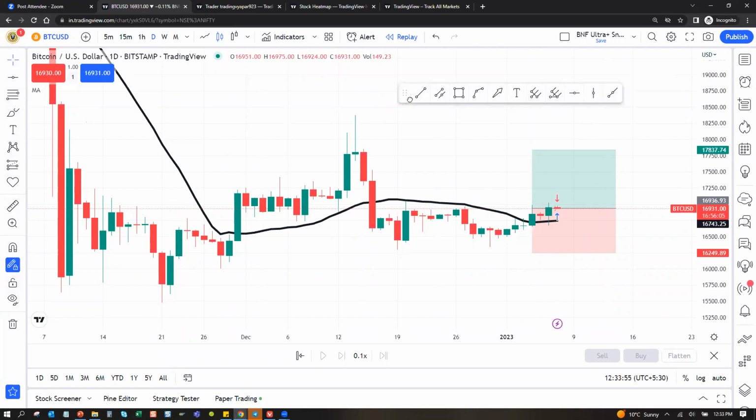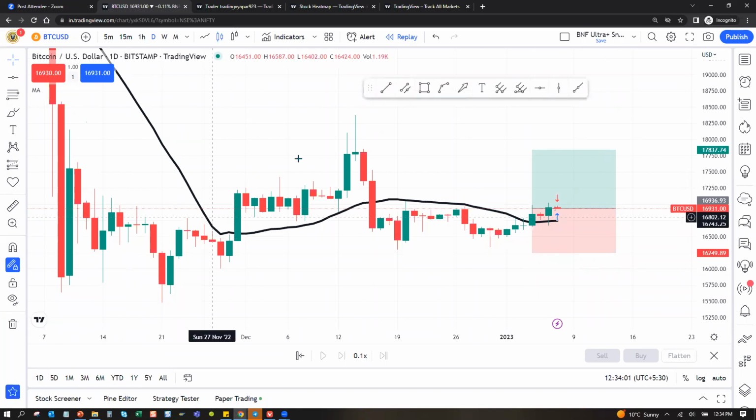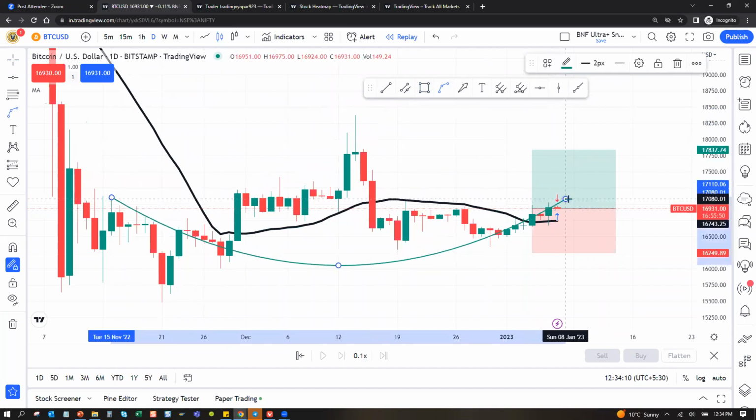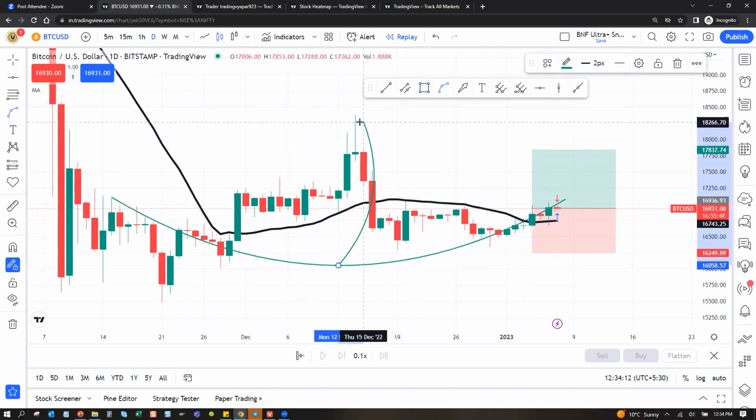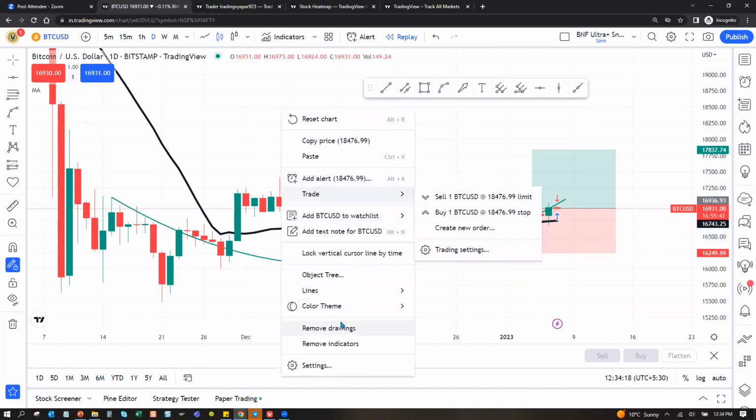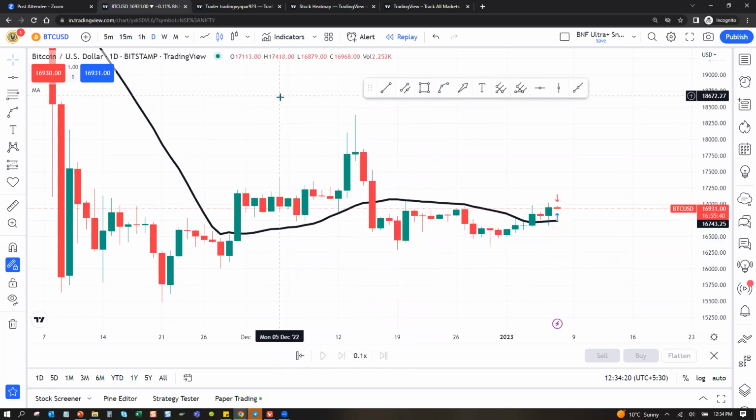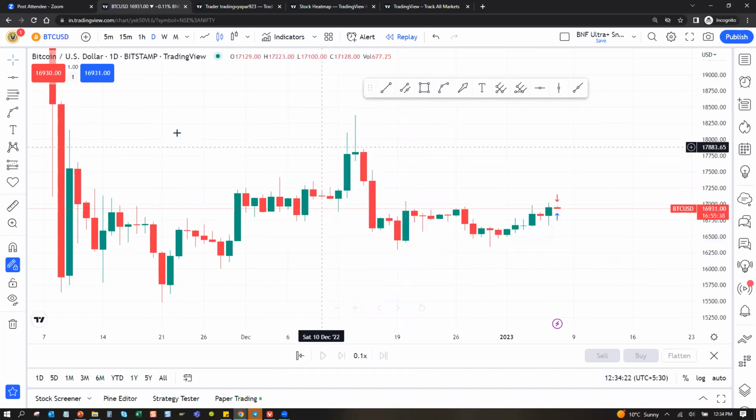All your drawing tools will be here in the star section. If you want to get rid of it, just press the star button. Press the star button again, it will come back for all of you. Whatever I want to do, let's say this kind of testing drawings, I will make something like this, you can do it right from here. And just right click, remove drawings, everything will be gone. Right click, remove indicators, everything will be gone.